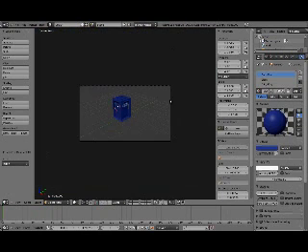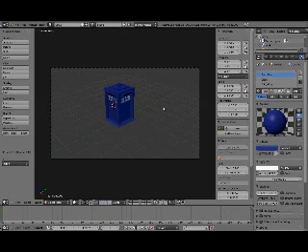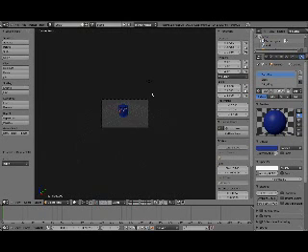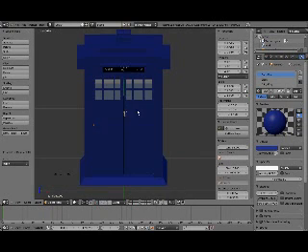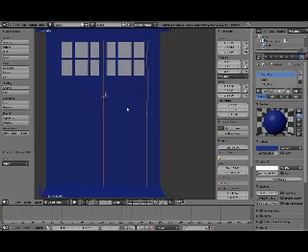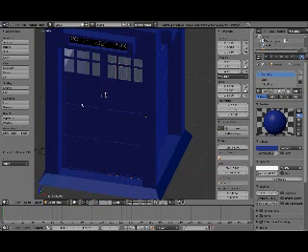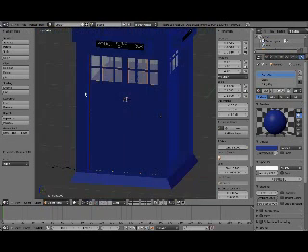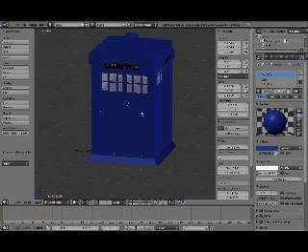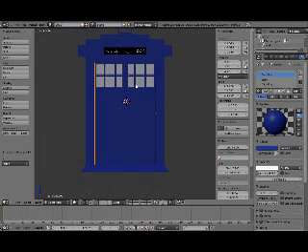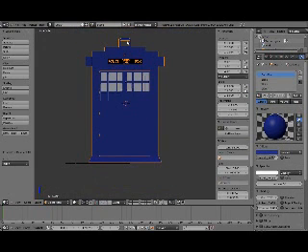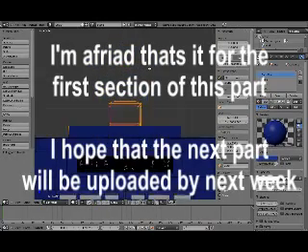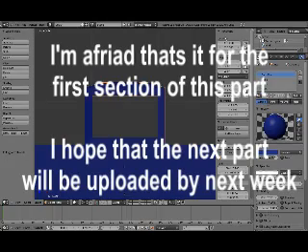So now let's just see what they look like in the render. If I press F12, that is what it looks like so far. Actually, you can't really see it because the light isn't in the right place yet, but I'll probably teach you how to do that in another tutorial. Anyway, now we've done the door handles, I think what we'll move on to is the light, which is the next most important bit. So if I zoom in on this bit and save,